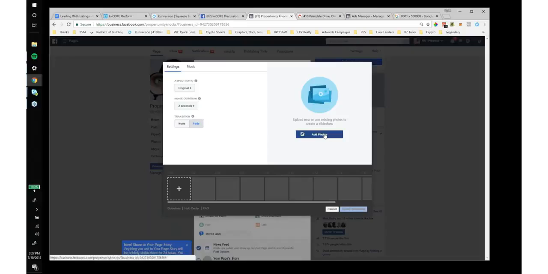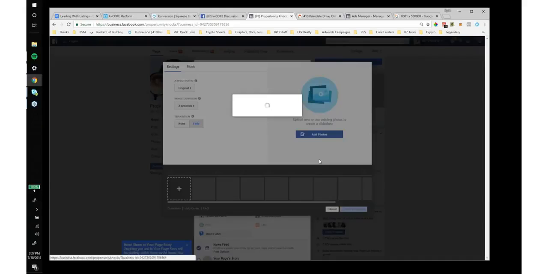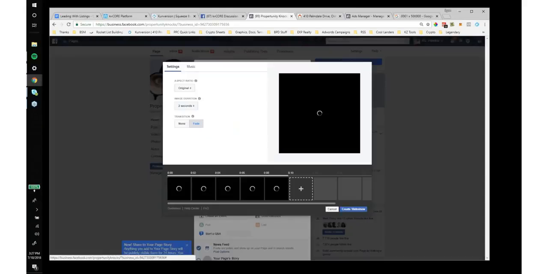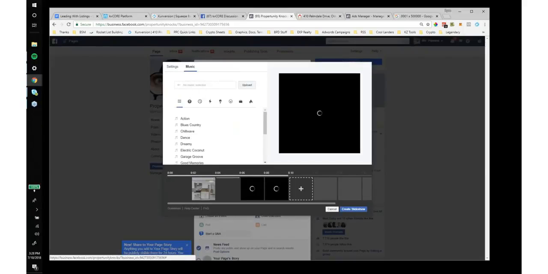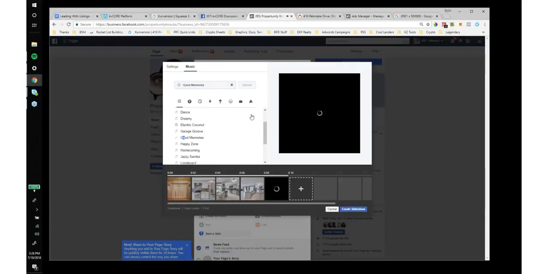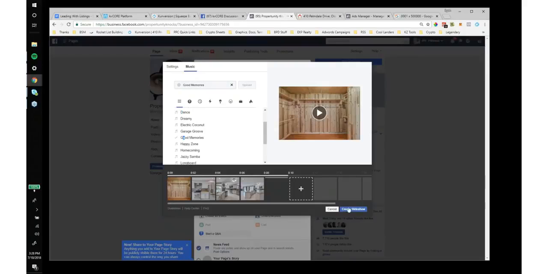And then you can click on the add photos, click upload photo, and then upload like this. And Facebook will basically make a nice little slideshow, and you can also add music, which is kind of cool. You know, I didn't even think, if you wanted to, you can upload a track of you talking about the listing as well if you want. But we'll just go pick a random music file, and then Facebook will make you a nice little video. Create slideshow,